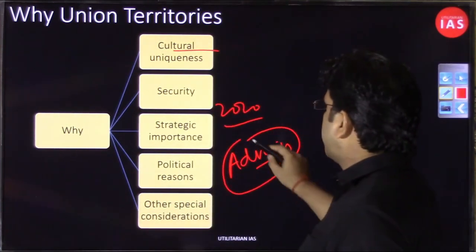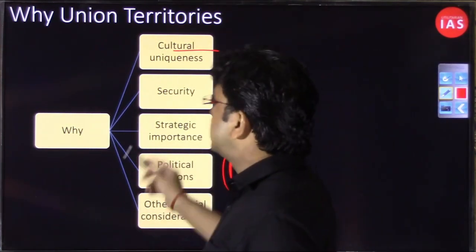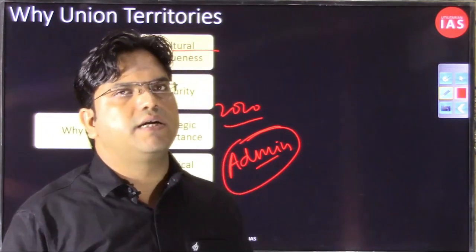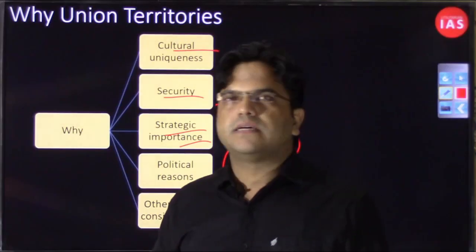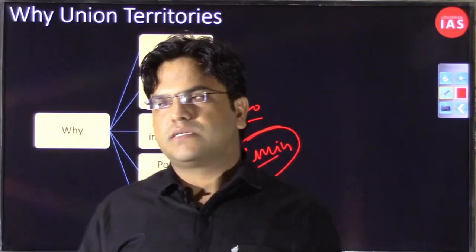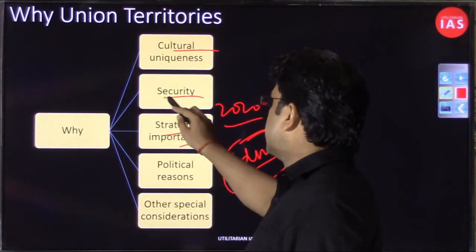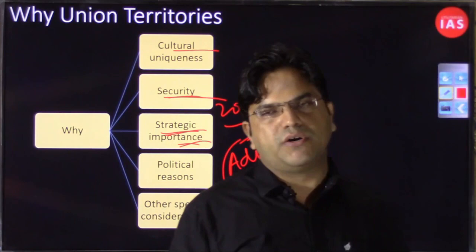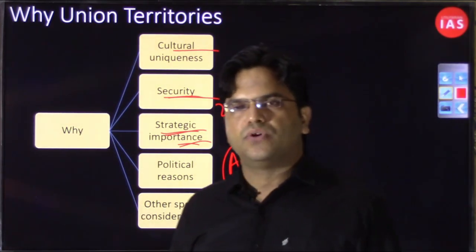So there the justification was administrative convenience and cultural similarity behind the merger of Dadra and Nagar Haveli and Daman and Diu. As far as the other state, that is Jammu and Kashmir, is concerned, the reason can be the security angle and strategic importance. It does share a boundary with China, it does share a boundary with Pakistan, and you already know,